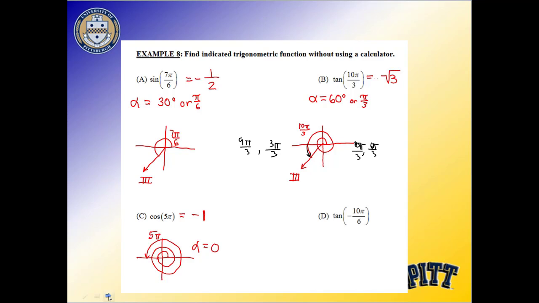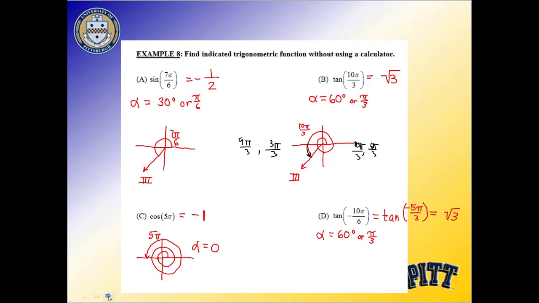10 pi over 6 is not in lowest terms. That fraction can be, for lack of a better word, reduced. The correct term is simplified, but reduced. I can reduce that into -5 pi over 3. Now that's in lowest terms. So that tells me that the reference angle is pi over 3 or 60 degrees. And because of that, the tangent is going to be square root 3, at least at face value. I don't know if that's going to be a positive or a negative yet. I've got to figure out where